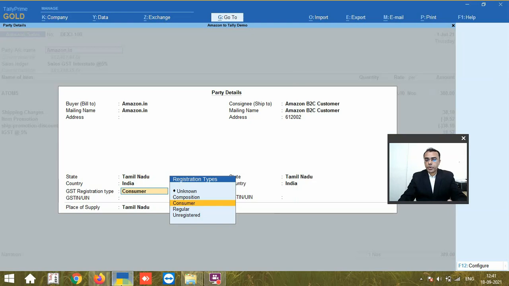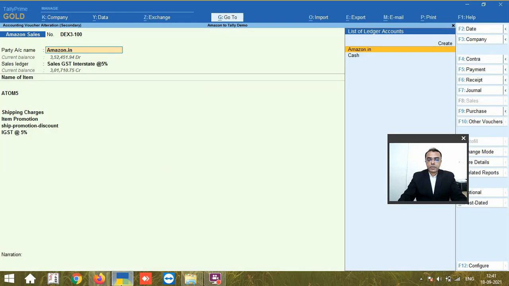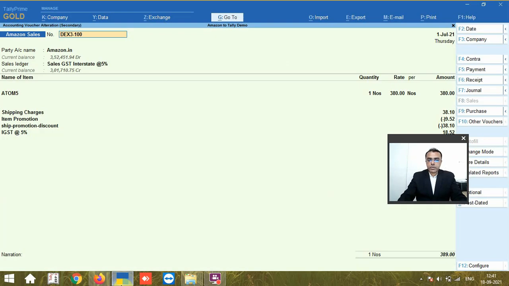So this is important for the GSTR 1 and the 3B reports to auto generate. So this is captured properly. Now if I show you some other information, the product auto created, shipping charges, item promotion, shipping promotion, IGST, these all ledgers have been created automatically.